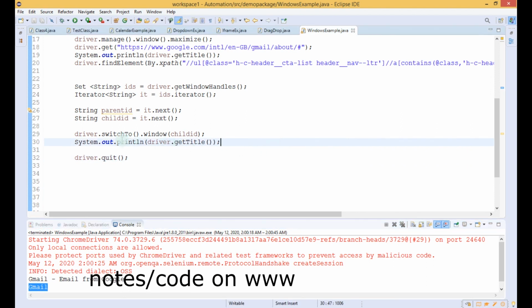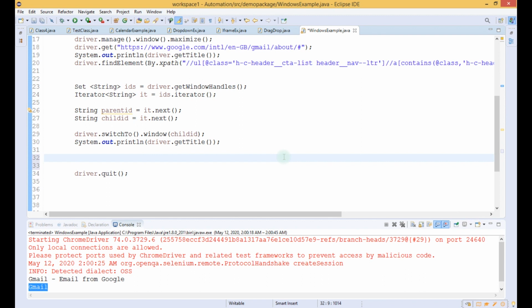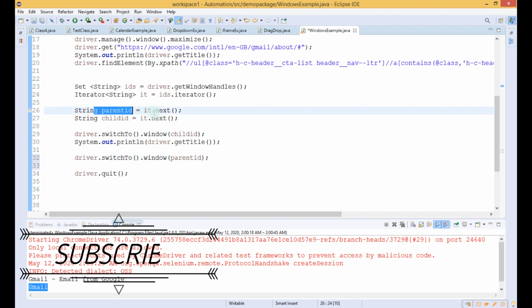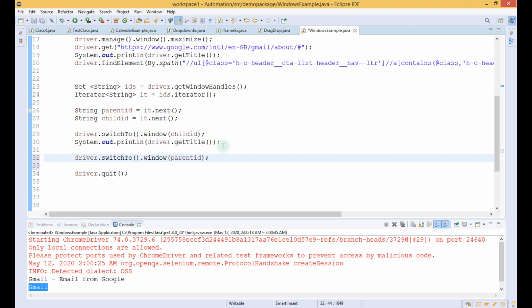Once we have switched to this child window and performed our operation, if we want to switch back to our default window or the parent window, for that we have to again write driver.switchTo().window with the parent ID, which we have written over here. So it will again switch back to the parent ID.